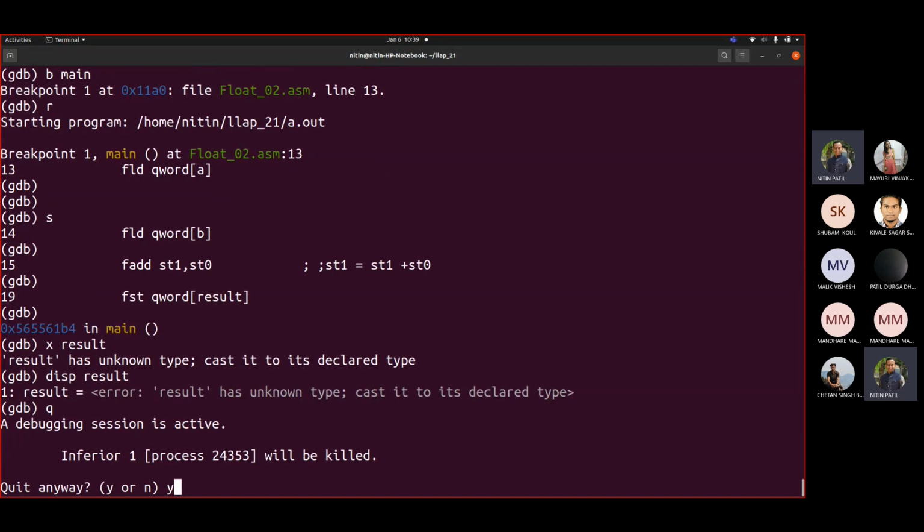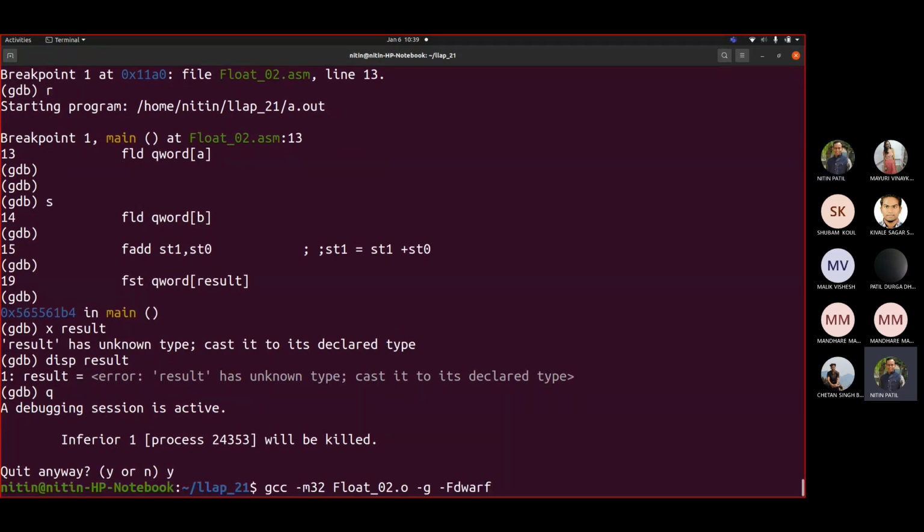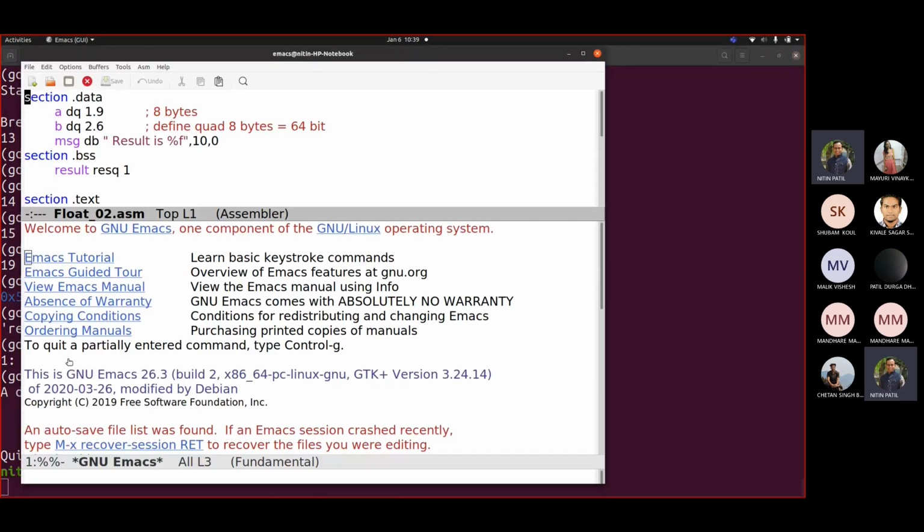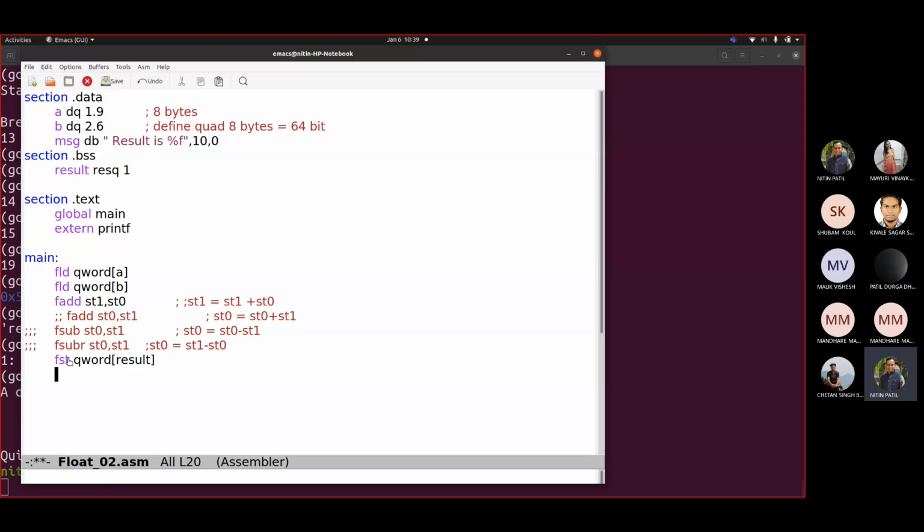So how to display this? Now, every printf, whenever you pass an element on the stack for printing, because you have to pass the parameters, what do you write there? What should I write here? Before that, let me show you this. We would not be able to see this value, but I can say FLD keyword of result to check whether the sum is stored or not. And now this value would be loaded into ST0.